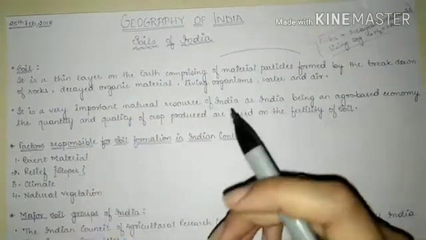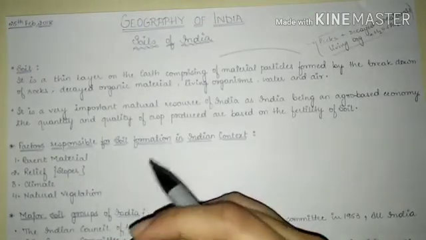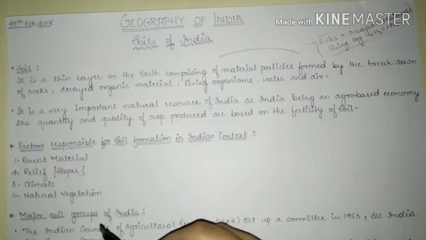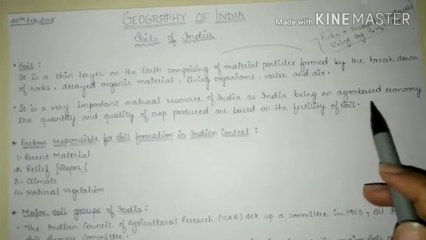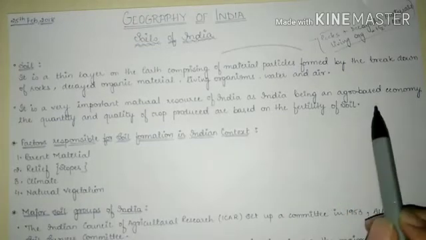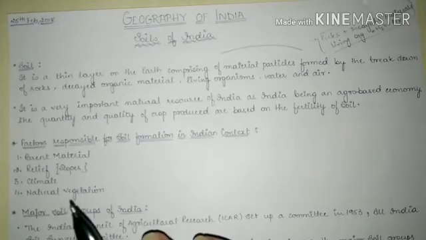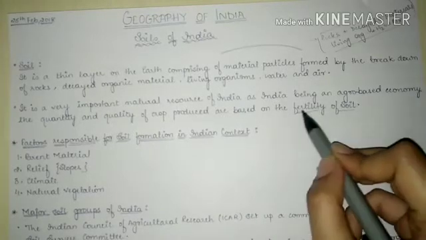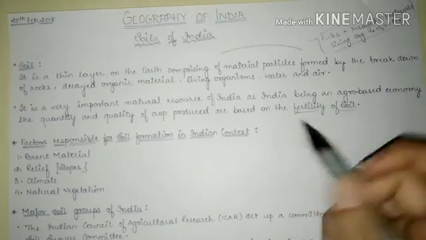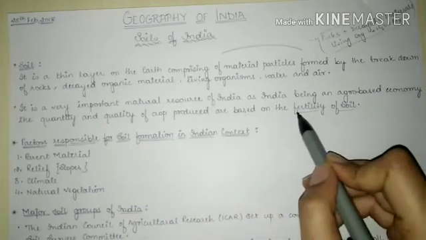Now, soil is a very important natural resource of India. Why? Because India, as we know, is an agro-based economy. Most of our economy is primary economy, so we are dependent on agriculture the most. Agriculture is based on the fertility of soil. The more fertile the soil is, the more produce we will have. So the quantity and quality of crops produced will depend on